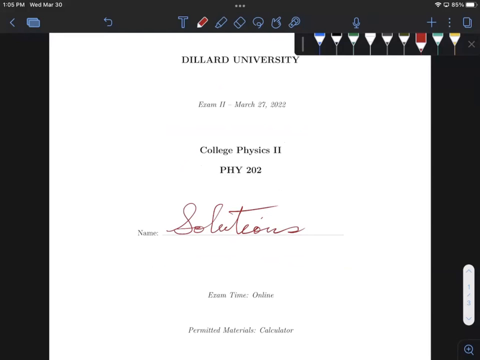So the plan is to go over this past exam, the exam we just took, and show you how I would go over the problems and how I would solve them. That way, when you look over your test, you'll see what you got wrong, what you got right, and any questions you may have about why things were marked wrong. Hopefully this will help,